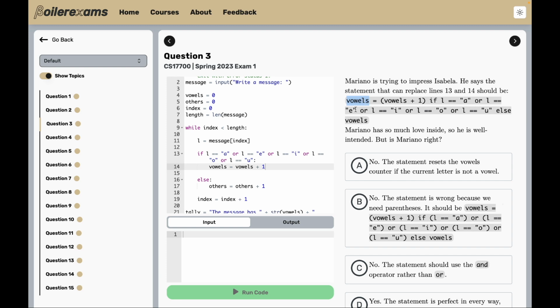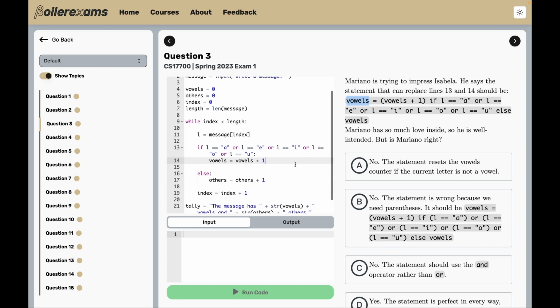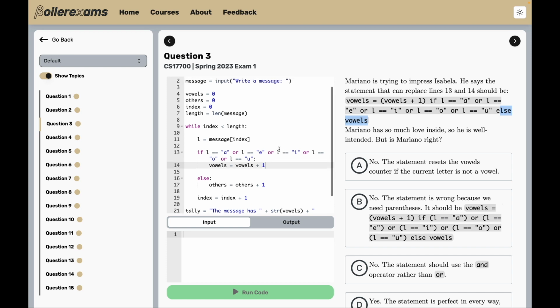And is that maybe what we want? It seems like just looking at lines 13 and 14, it is what we want, because we don't want else 0 like we looked at in question 2, because that completely resets the vowels variable. But if we do nothing to it, just setting vowels equal to vowels, then this code should in fact work